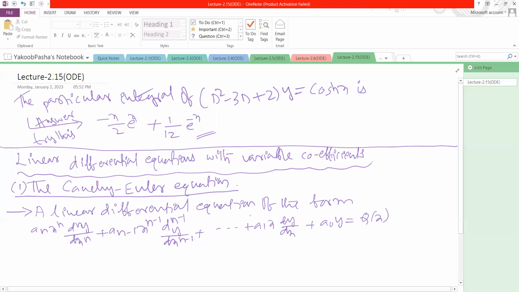This differential equation is called a linear differential equation of order n, and it is known as Cauchy-Euler equation, where